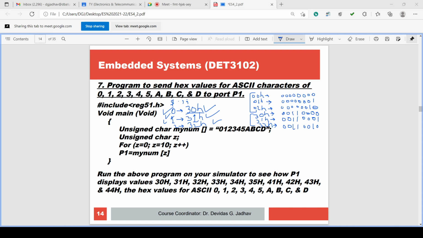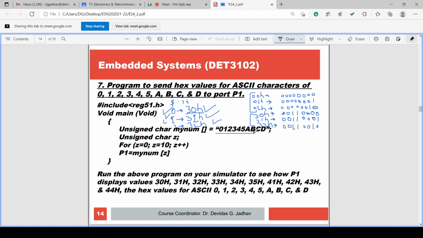If we store these 10 symbols in an array of characters and input them as double quoted, then the data type is character, it is an array, with square brackets, and the symbols are in double quotes: 0, 1, 2, 3, 4, 5, A, B, C, D. Then they will be considered as ASCII characters.